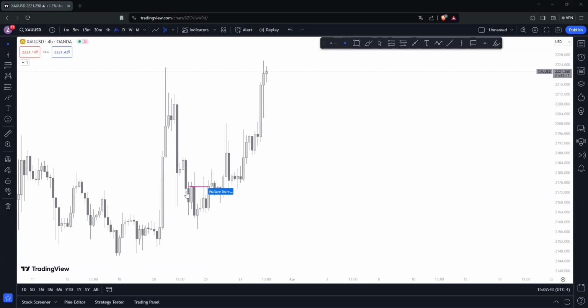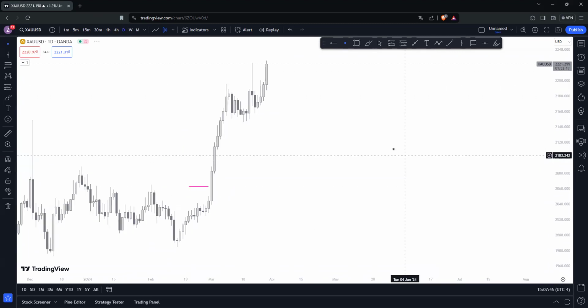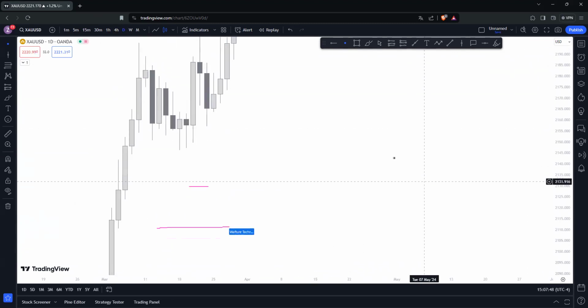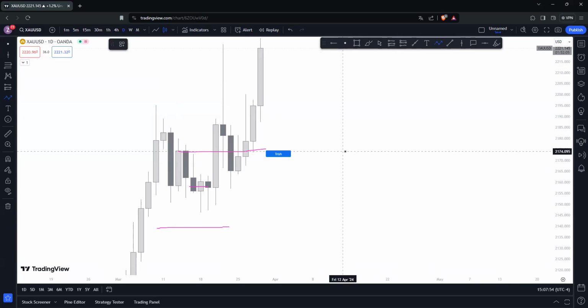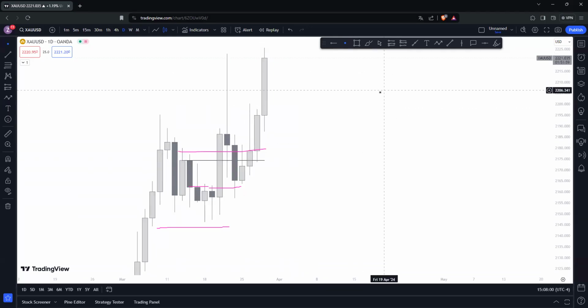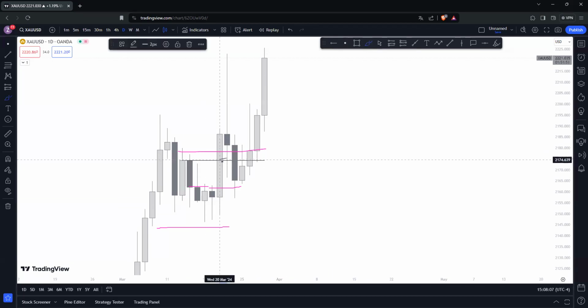Okay, so this is an H4 breakout, but you have to give me the daily. So here on the daily, what we have is the last daily candlestick that did the rejection. Exactly. Very good. That's very good. That is the last daily reject daily. Okay. This is the last daily level that got rejected right here. As you can see, it got used once, twice. This is the third